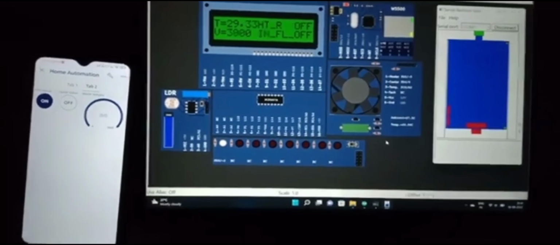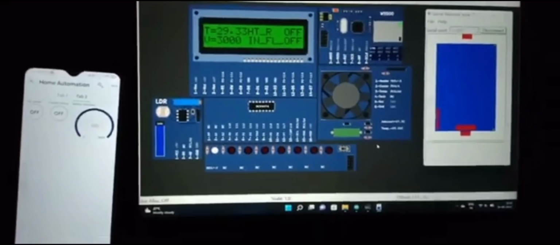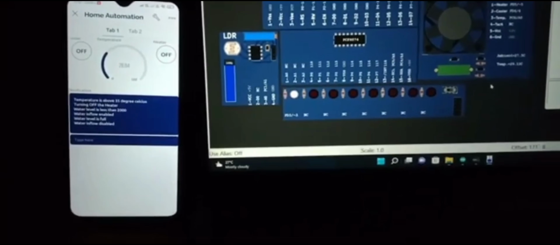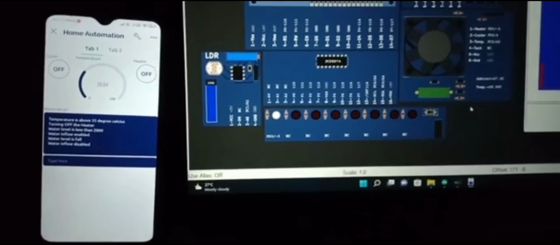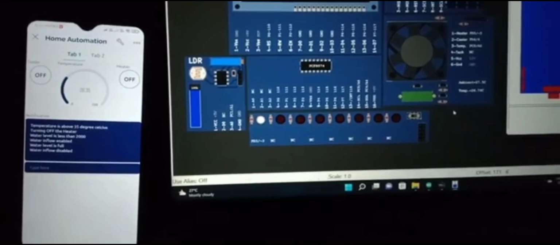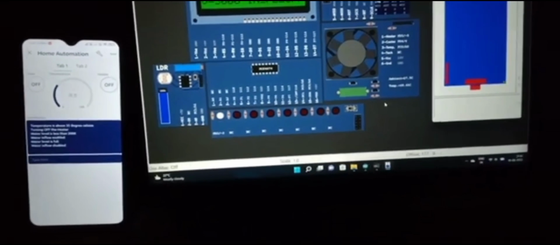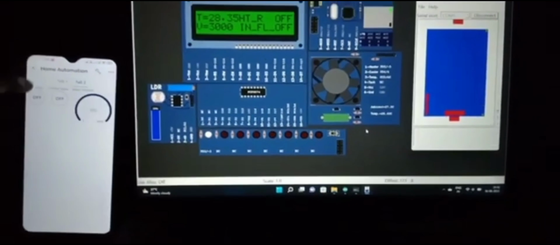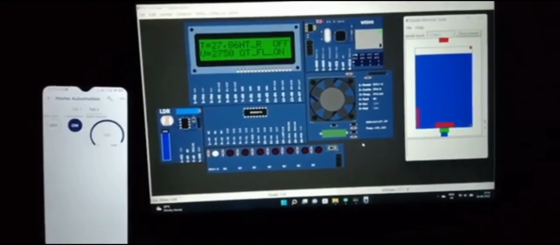Now we are in the Blink app. The outlet valve is on and the tank has started flowing water out. Now we are seeing the tank gets filled, and the inlet valve is on.